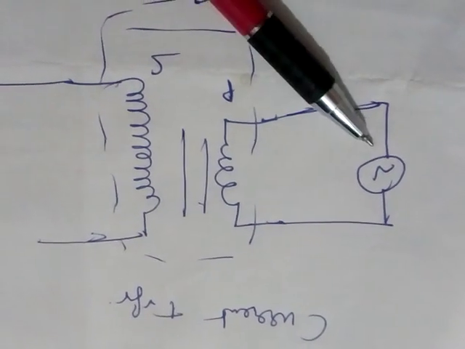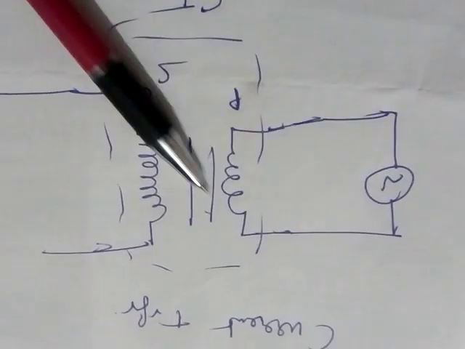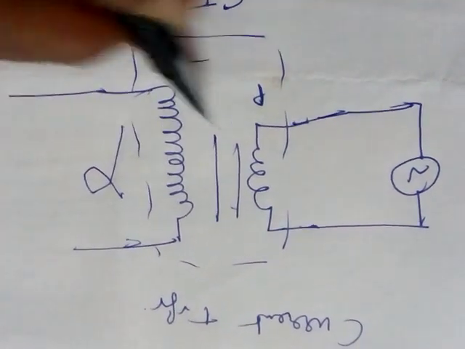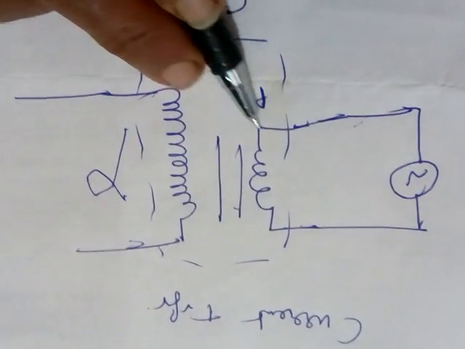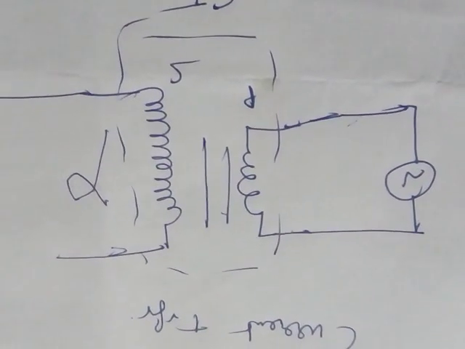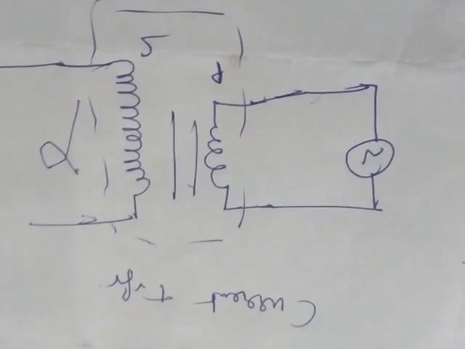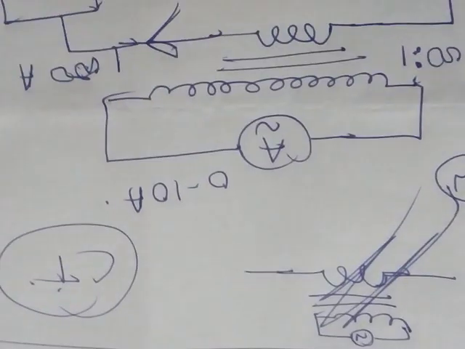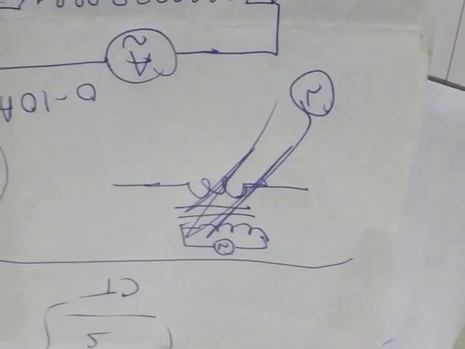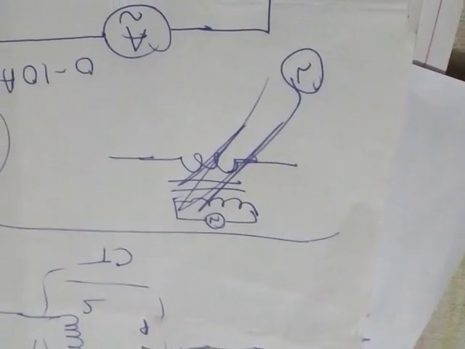See, if you write like this, it is 100% wrong, because for a current transformer we cannot give supply directly, because it is used in series with the load. Potential transformer can be called a step down transformer, but the construction of a current transformer is a little bit different.